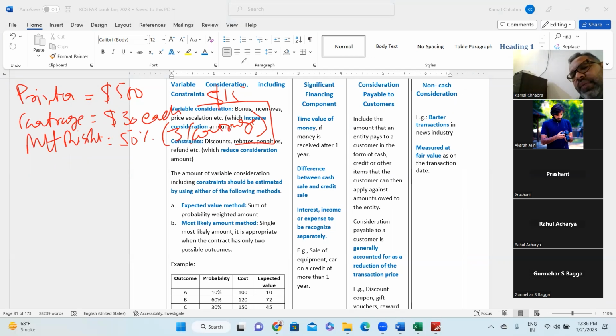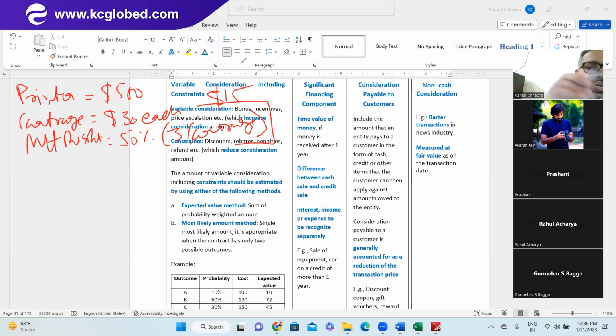Right? So here, if you see consideration paid and payable to the customer, that means it's most likely that the consumer will avail this benefit. Yes or no? So for example, if you have purchased an HP printer, you would love to use an HP cartridge if you're getting 50% discount. Yes or no? Yes, sir. So let's assume you have sold 100 printers. And in the 100 printers, let's assume 90% of the people would be taking the benefit of this offer. That is